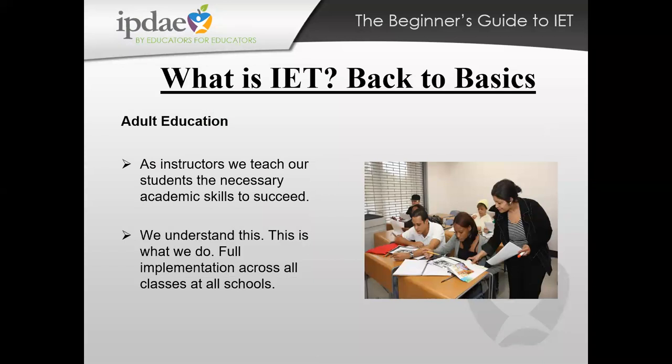Okay, so let's go ahead and just define those three components that we're going to need. Adult education, I think everybody here gets it, understands it. We teach our students the necessary academic and language skills that they're going to need to be successful. We understand what this is. We know what this looks like. This is what we do. This is what our teachers are comfortable with. This is not the area that we need to develop and fill a gap in, because I think this is the part that we really understand well. It's how do we continue to hold on to these skills that we have in this area